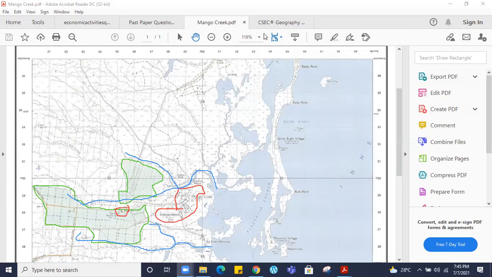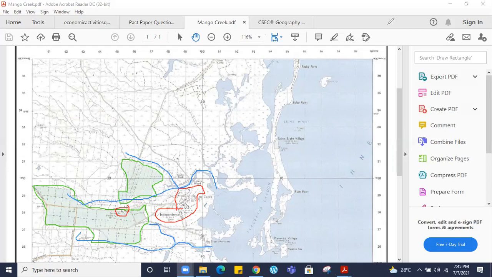Yes, miss. What I circled is a settlement, because those are the villages. Independence and Mango Creek are names of villages, with the black dots, which are the settlements. Nicola,